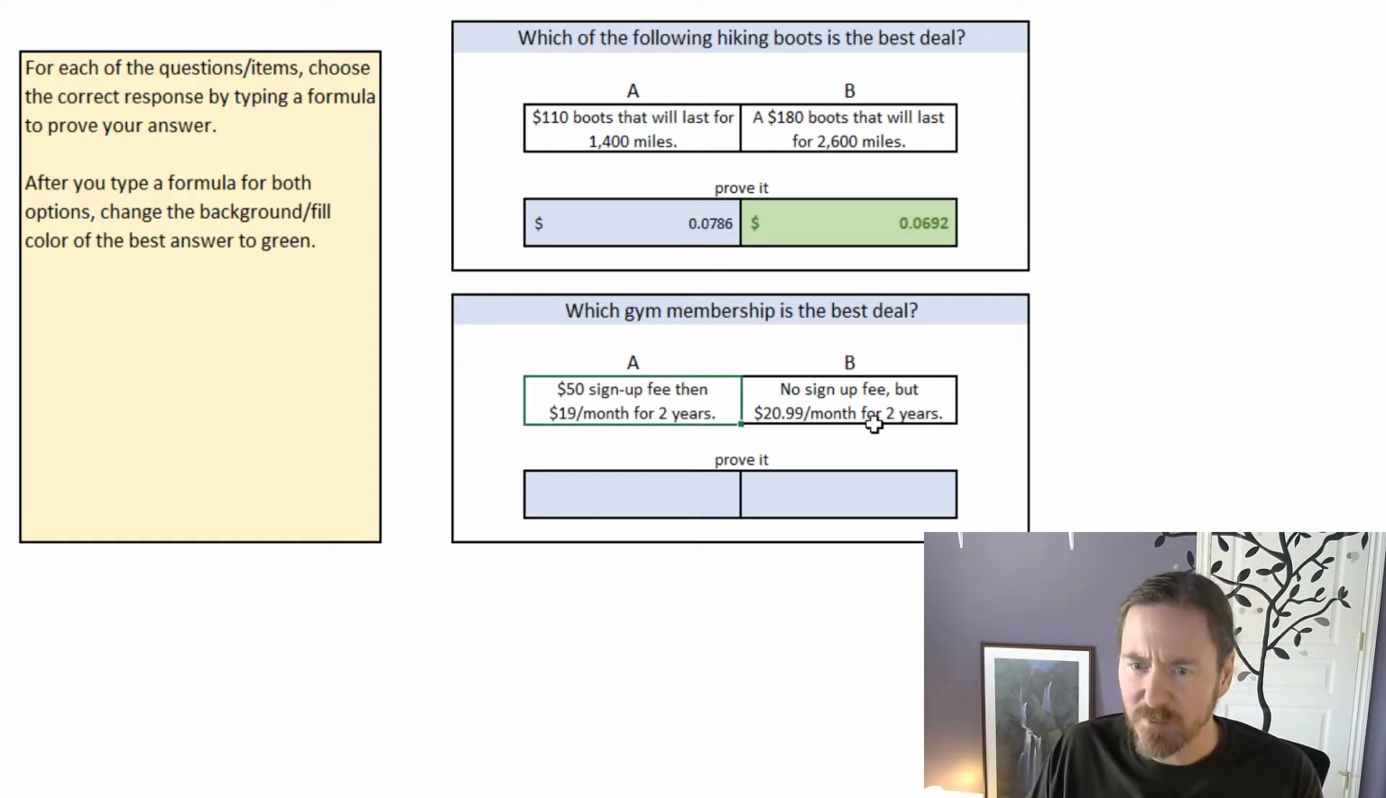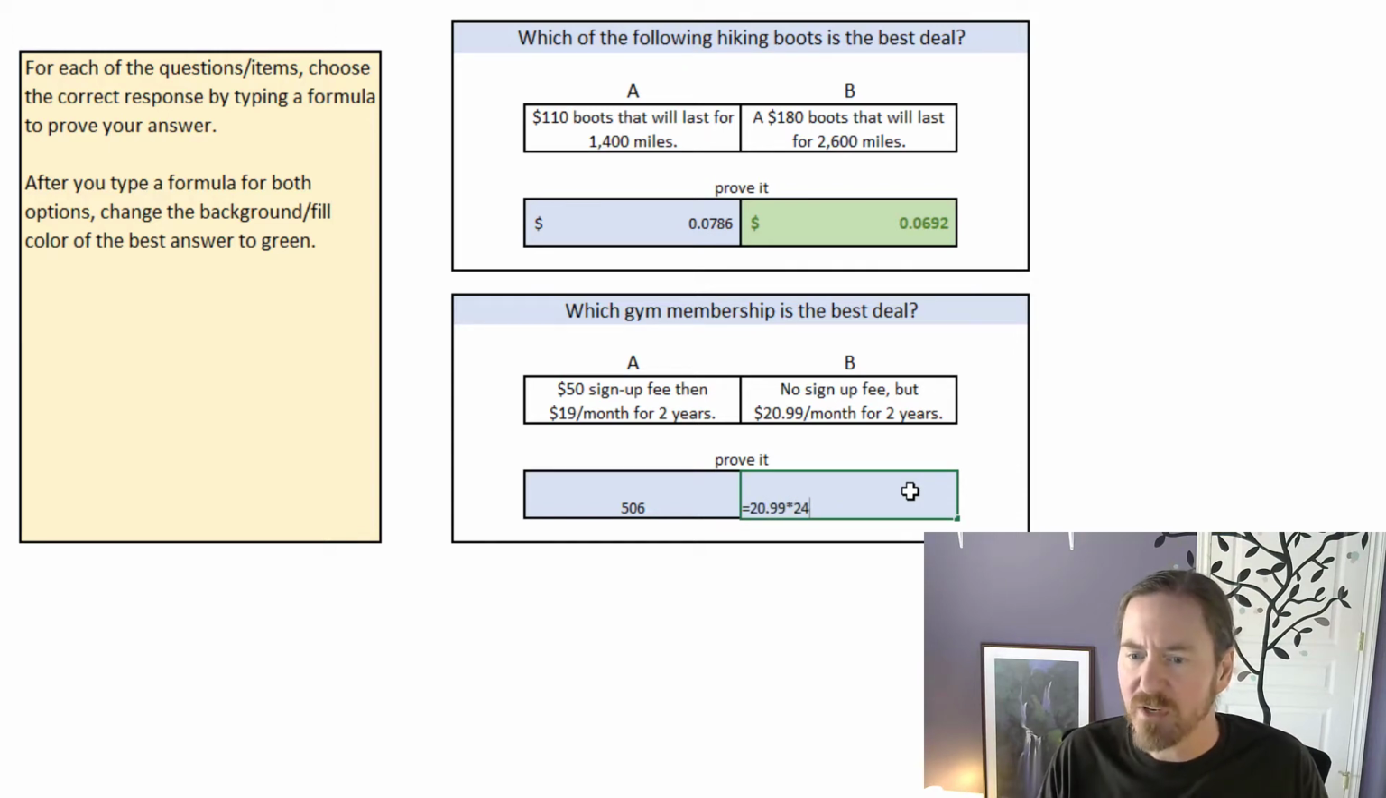Which gym membership is the best deal? $50 sign-up fee, then $19 a month for 2 years, or no sign-up fee, but $20.99 per month for 2 years. Okay, so this formula is going to be equal to 50 plus, and I'm going to do a little parentheses here, 19 times 24 months over 2 years. All right, we got that number, $506 versus